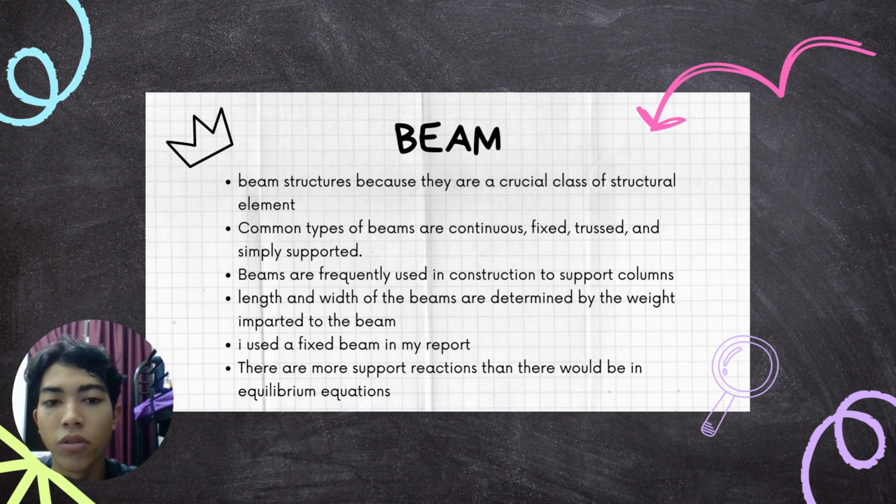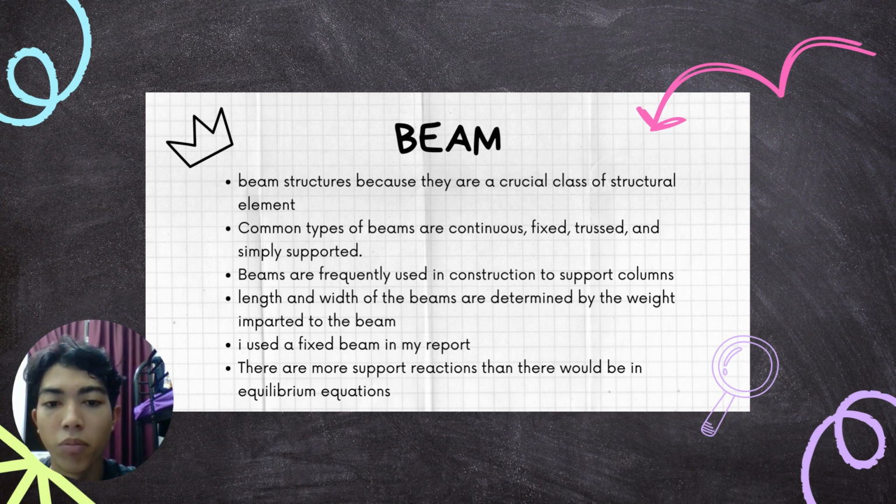Okay, firstly, the beam. An engineer needs to be knowledgeable about beam structures, because beams are a crucial class of structural element. The integrity of a building foundation depends on this construction, which is crucial for weight transfer. Construction made of beams that overhang. The most common types of beam used in construction are continuous, fixed, truss, and simply supported,